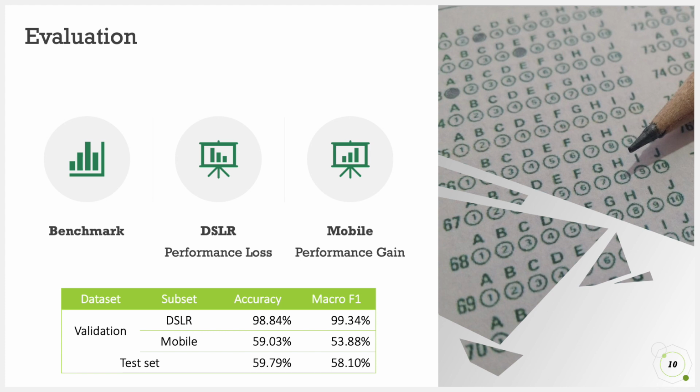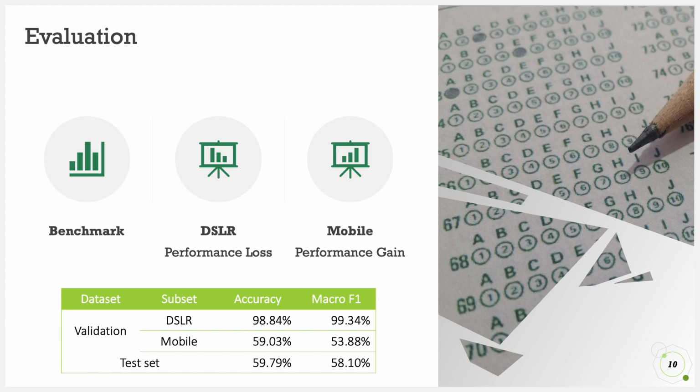The test results on the validation set show 98.84% accuracy on DSLR images and 59.03% on mobile images. For the test set, the model achieved